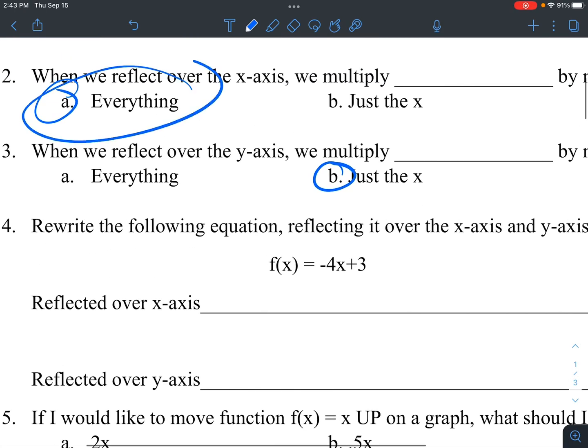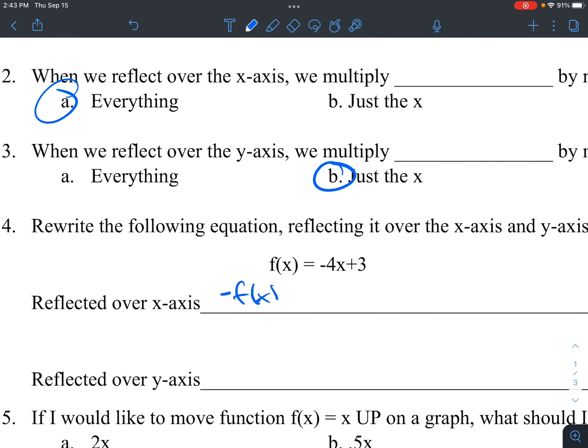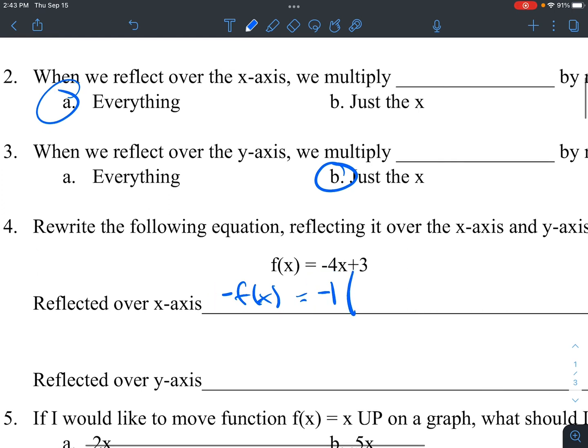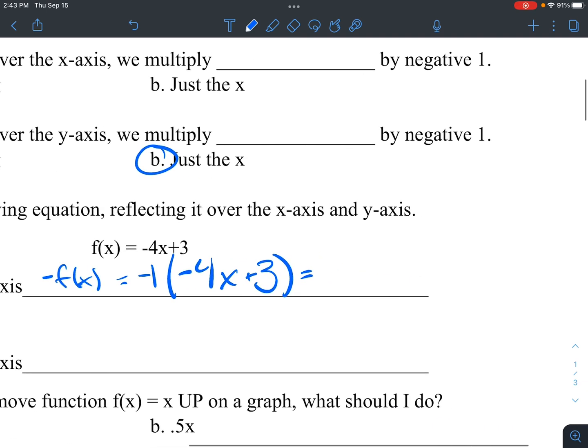So reflecting over the x-axis, remember we're going to multiply everything. So we're going to have the negative f of x is equal to the -1, because what we do to one side, we got to do to the other. Parentheses, -4x plus 3. And so when we distribute